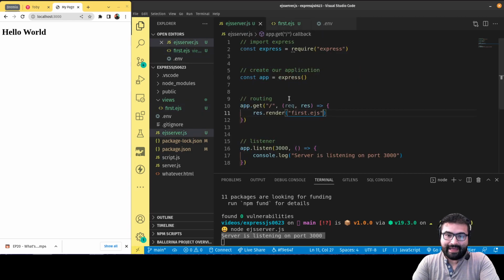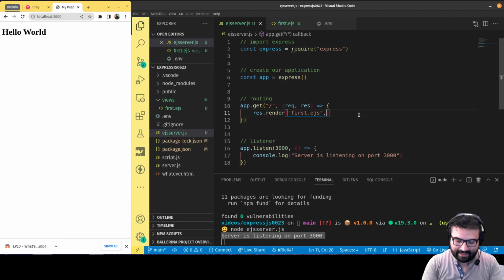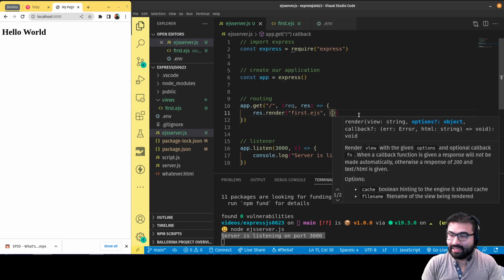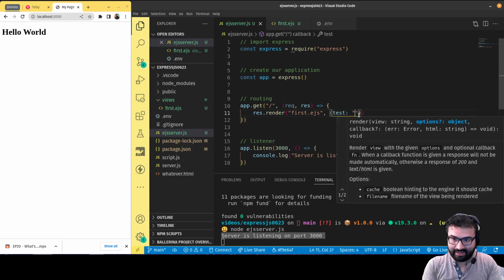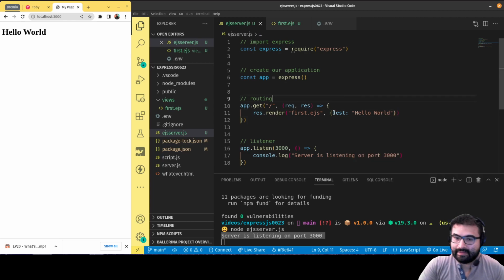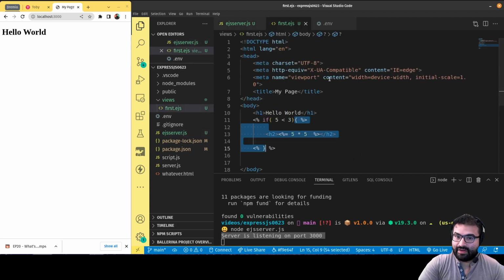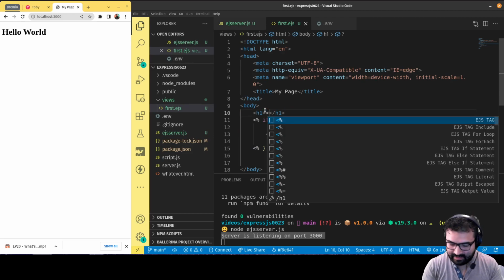Not only that, when we do res.render first.ejs, we can pass in a second argument, an object with as many properties as we like. So let's try one. We'll have a property called test, and it'll just say hello world. Now when I render this file, all the variables that I bundle up in this object will become available to that template. So here, instead of writing hello world absolutely, I can use my EJS